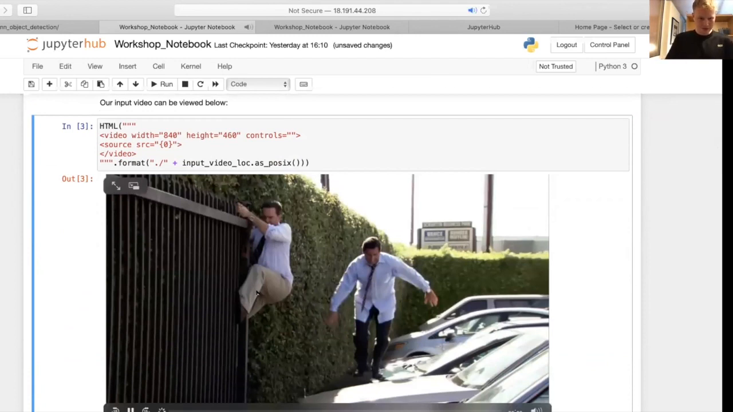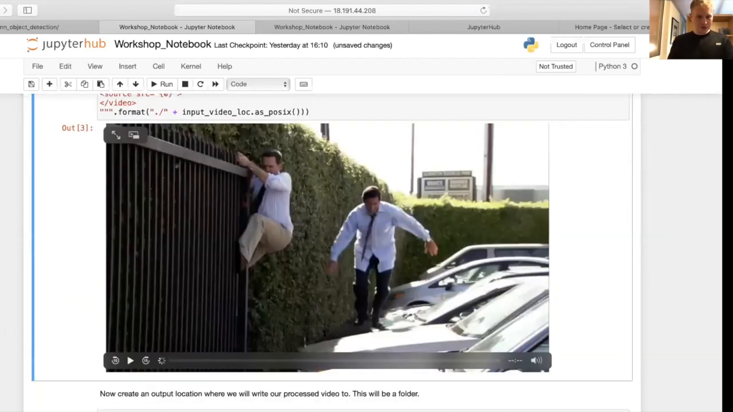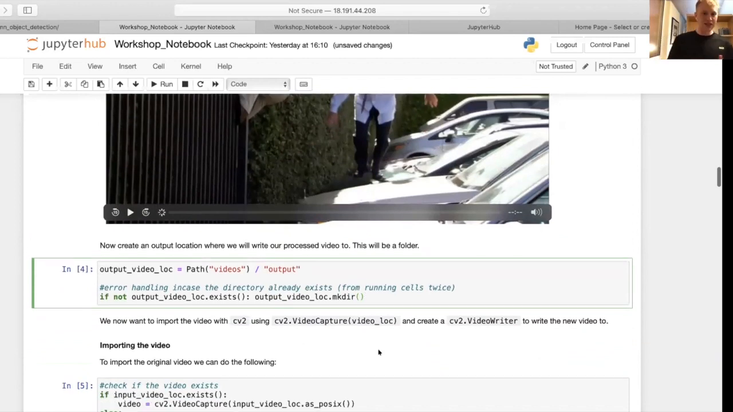If it loads, I'll play a little bit of it, but it's okay. I'll leave that, but it's just a video taken from the office, and that's what we're going to be performing object detection on. So once you've done that, you want to run this next cell,